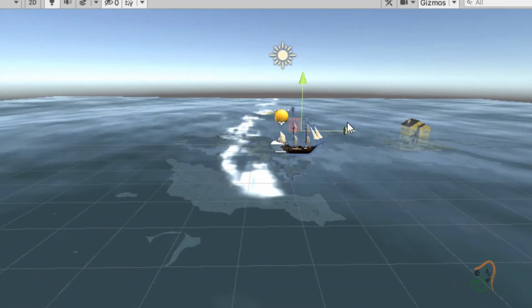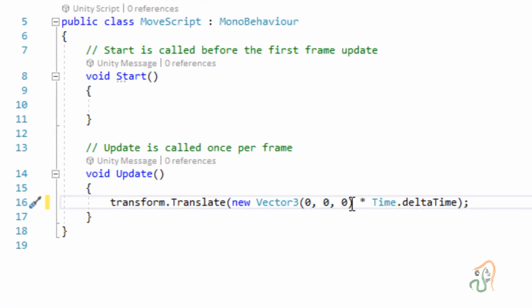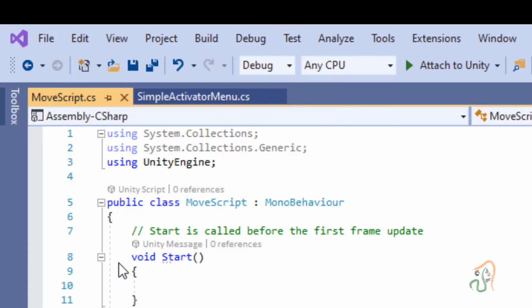The second thing to do is, coming back to the script here, instead of 200, let us make this 0, 0, 0, and now change the value in Z, because Z is moving very fast. So what we shall do is type 1 here. So we will reduce the speed to 1, click Save All.